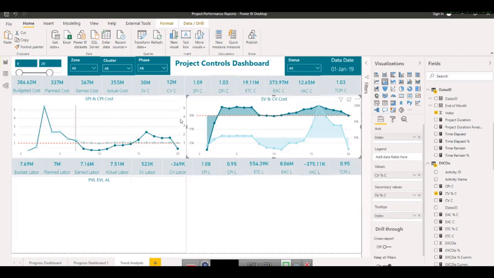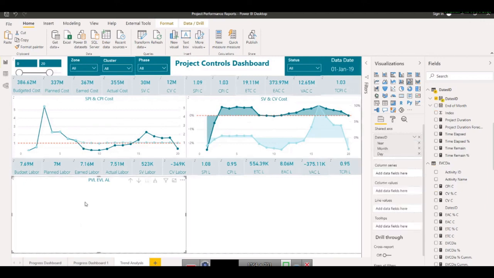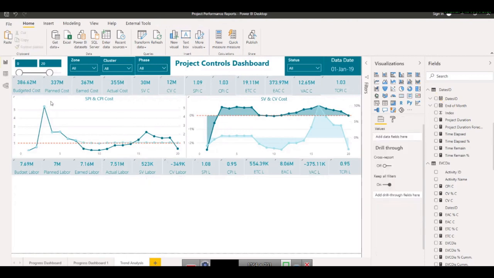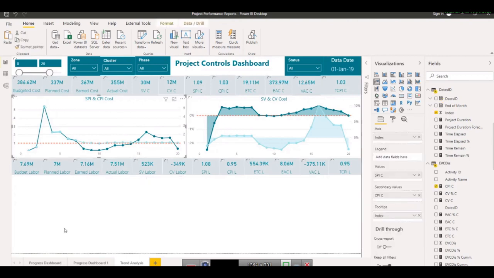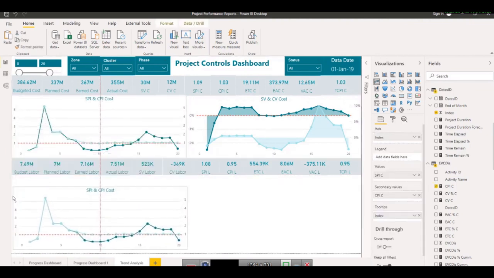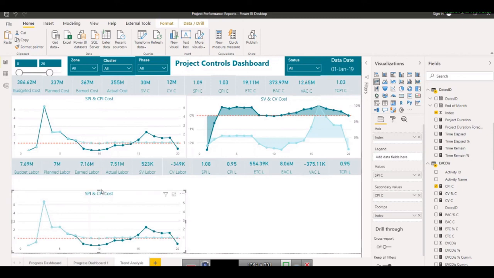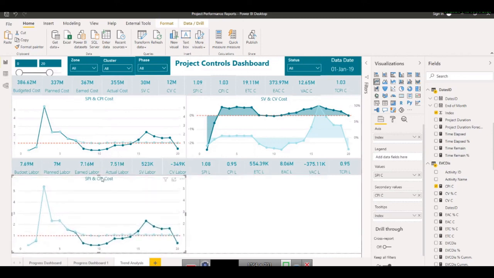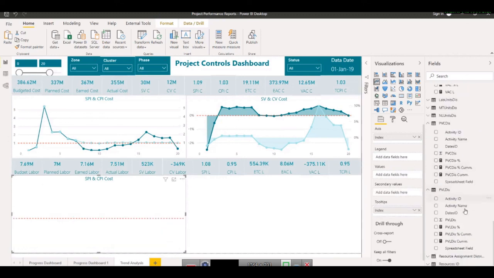These are the cost wise analysis. Now below I also want for labor. So for labor, what I need, let's say I will simply copy that, I will put it here, let's say like this, and you can remove this part and this part. So I will bring the labor related data,